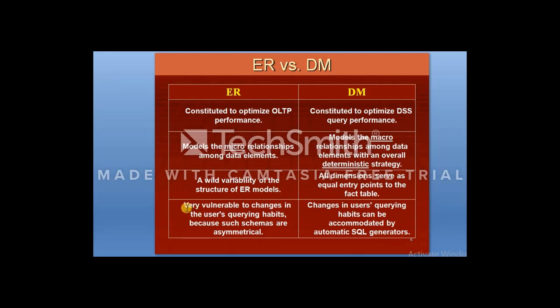When we talk about the ERD model, the fourth difference is that when we create that ERD model, we predefine some of the queries that will be executed according to that ER model. So their execution plan is optimized before actually running the queries. But in the case of dimensional modeling, decision support systems are made in such a way that when the system gets an answer from the database, that answer leads us to more questions.